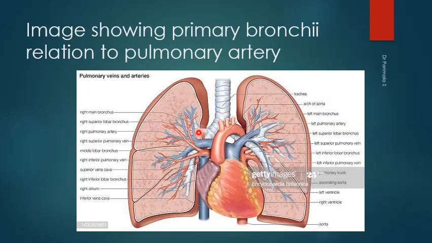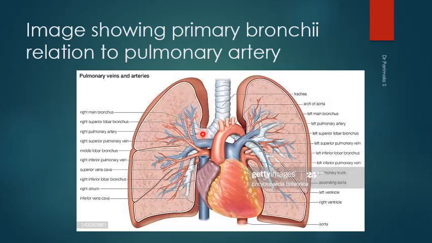And this bronchus is called the eparterial bronchus. Eparterial, that means which is above the pulmonary artery here, right? The difference here you will see on the left side is that the artery has crossed the left main bronchus, but it hasn't given any lobar branch yet. So there is no eparterial bronchus on the left side, whereas there is one eparterial bronchus on the right side, which supplies the upper lobe of the right lung.